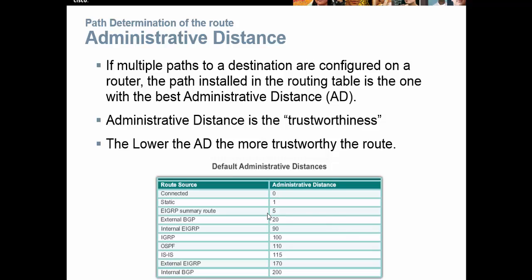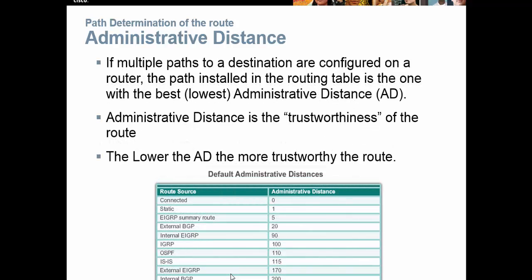So you can see here in the table, if it's connected, it has a 0 administrative distance because it is physically connected to the router. You have your static, your EIGRP summary, your external BGP, your internal EIGRP, IGRP, OSPF, IS-IS, external EIGRP, and internal BGP. If multiple paths to the destination are configured,